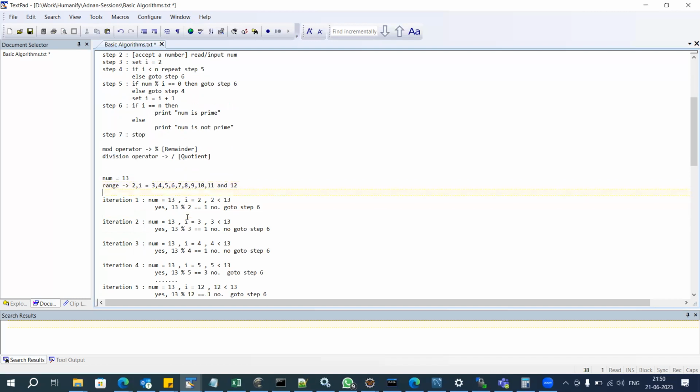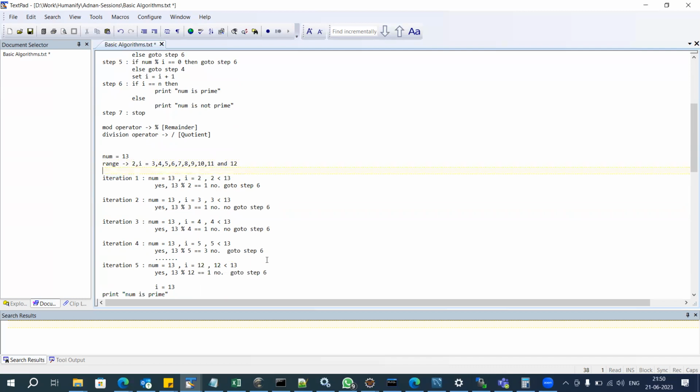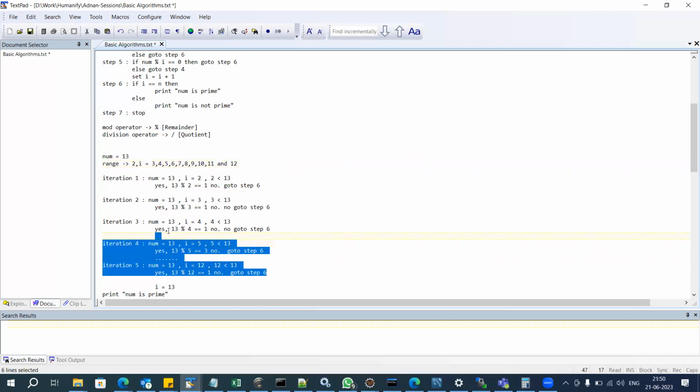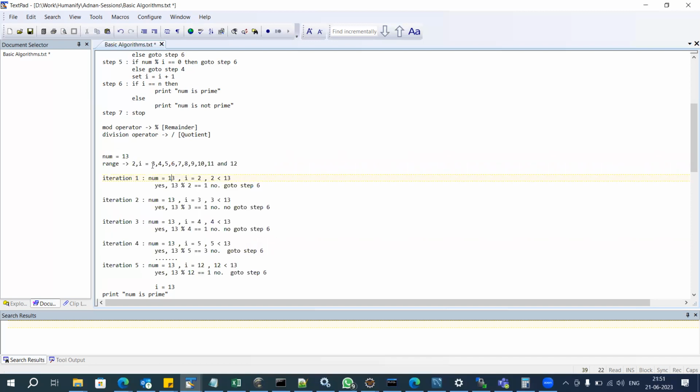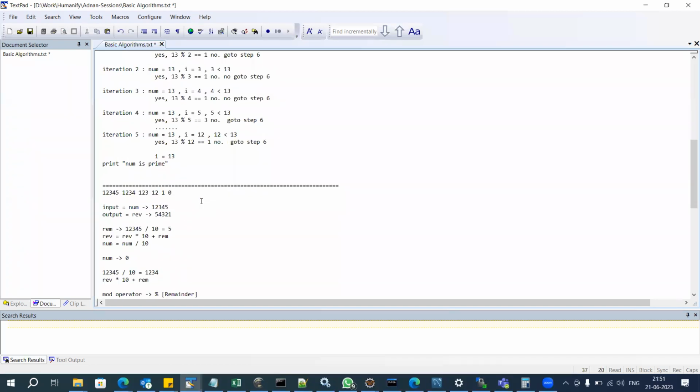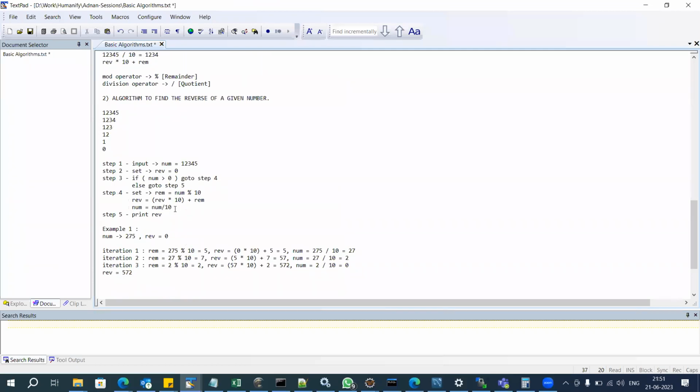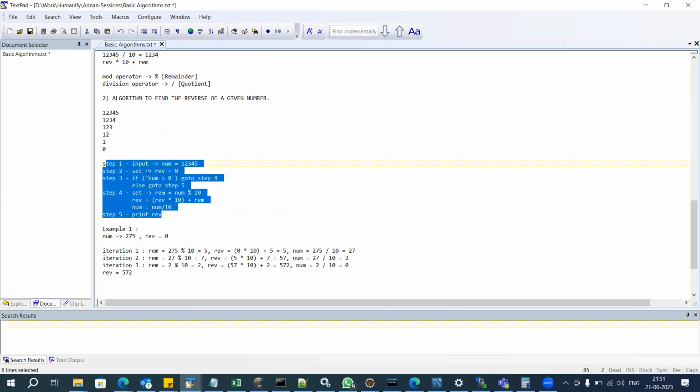And here the best suited loop is the for loop. In coming classes you will understand these two: what's a for loop and what's a while loop. For repetitions, for iterations, you use loops. Since we had incrementation, like from 3 we need to move to 4, then 5, then 6, then 7, we used the for loop here. When you write a real Java program, you will be using the for loop and executing this. But here, since we did not require any incrementation in our algorithm,